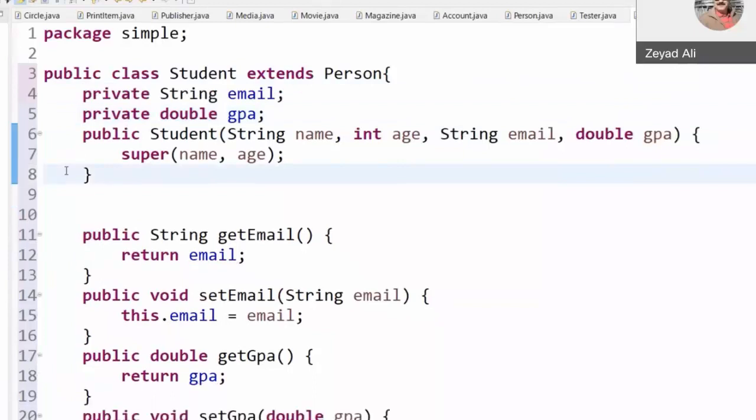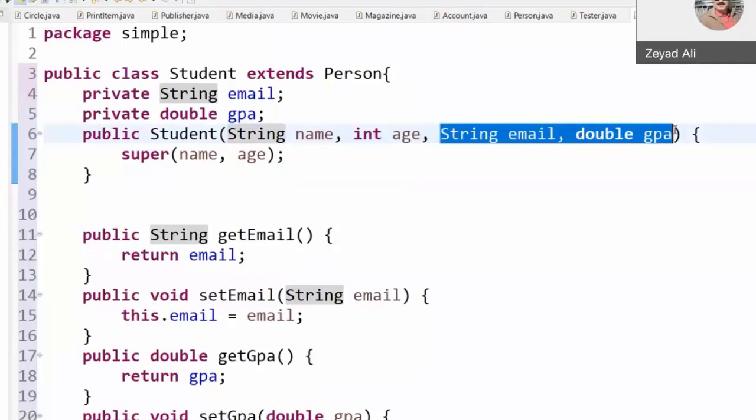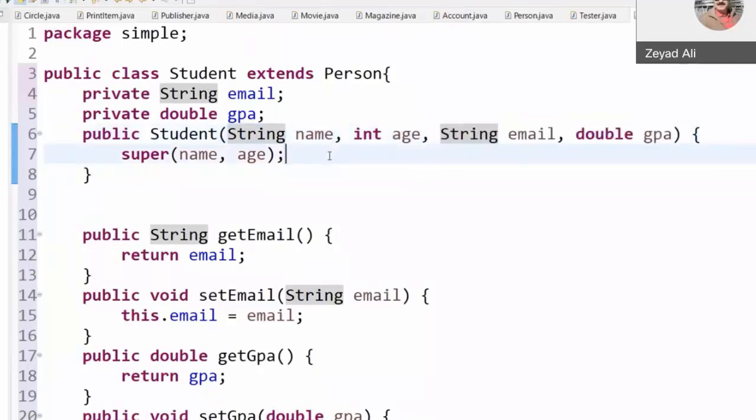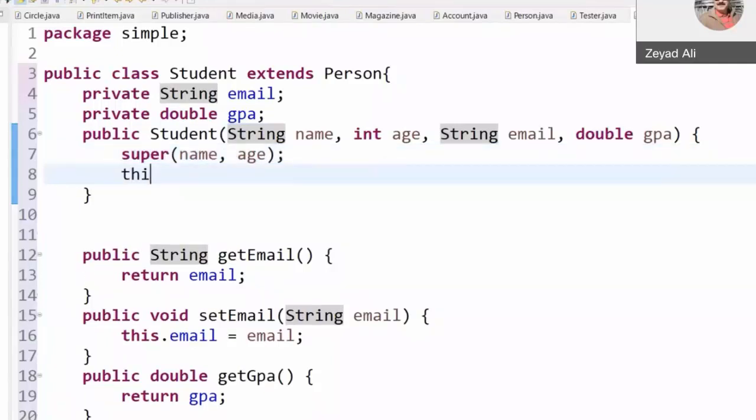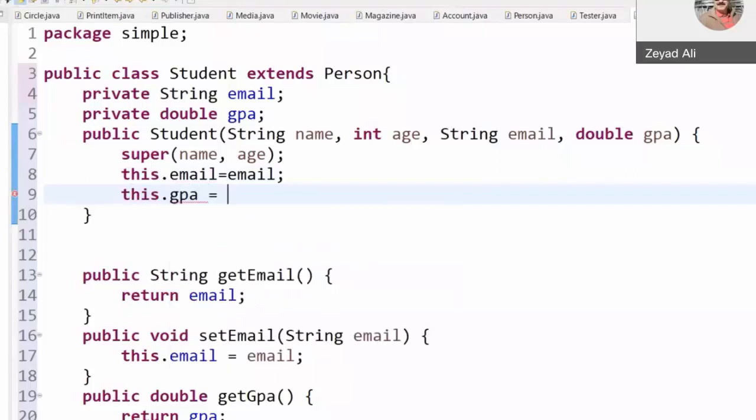So far, when I create a student, I will call it with 4 attributes. 2 are inherited from the superclass and 2 are only available in the subclass. The first statement in the constructor of a subclass must be calling the superclass with the attributes inherited from the superclass. Then you can do this.email is equal to email and this.GPA is equal to GPA.